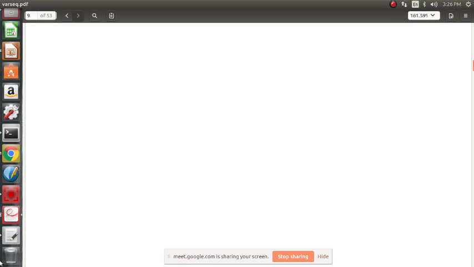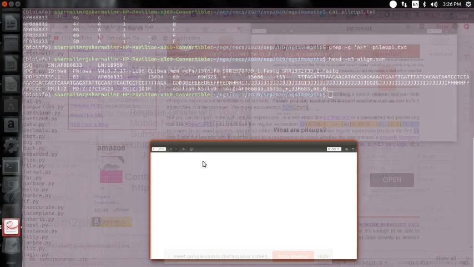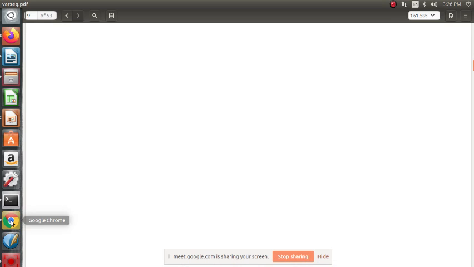Here the FASTQ quality and the mapping quality differ. The FASTQ quality is based on the sequencer, the base calling, and the mapping quality depends on the alignment with respect to the reference.